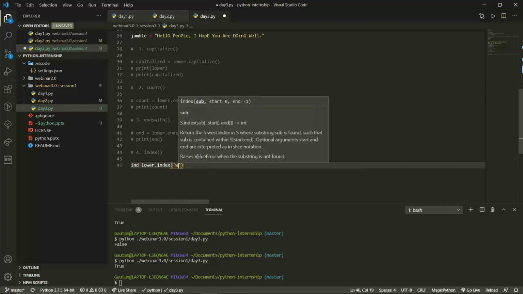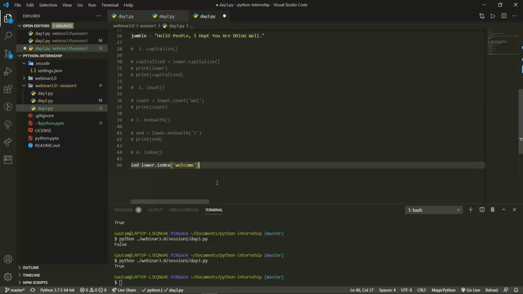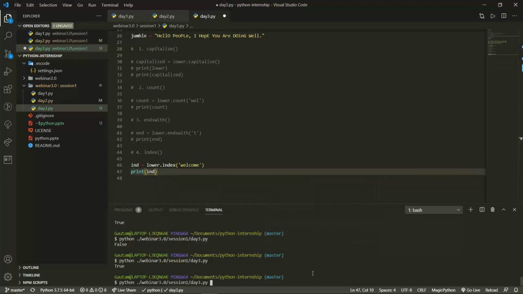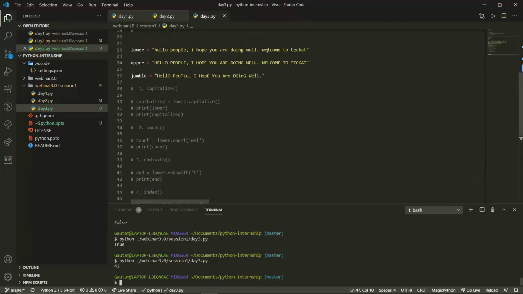So I will just write over here welcome, and I will print the index number, print index. This is a variable that we have taken for index, and we'll execute this. We will get 41. At the 41st character, we have welcome.